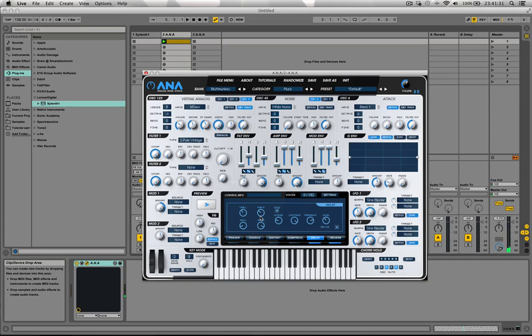So yeah, that's pretty much it. So this kind of lead, you can use it for stabs, and then you can use it for lead lines as well, or you could use it for chords. Let's try. So you can use it for kind of stabby chords or just like a lead itself. Now, one other trick you can do with a sound like this is